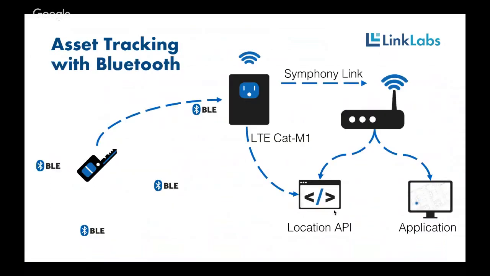I just wanted to throw this up here. This is an architecture of how we use a combination of LPWAN technologies in our AirFinder product to really drive down costs. So here we have Bluetooth low energy beacons providing reference points to tracked assets, and then they're sending that data using BLE to reader devices that then send that reading information up using Symphony Link to gateways, which are connected to cellular, or direct via Cat M1. So just kind of keep this architecture in mind as I go through the next example.